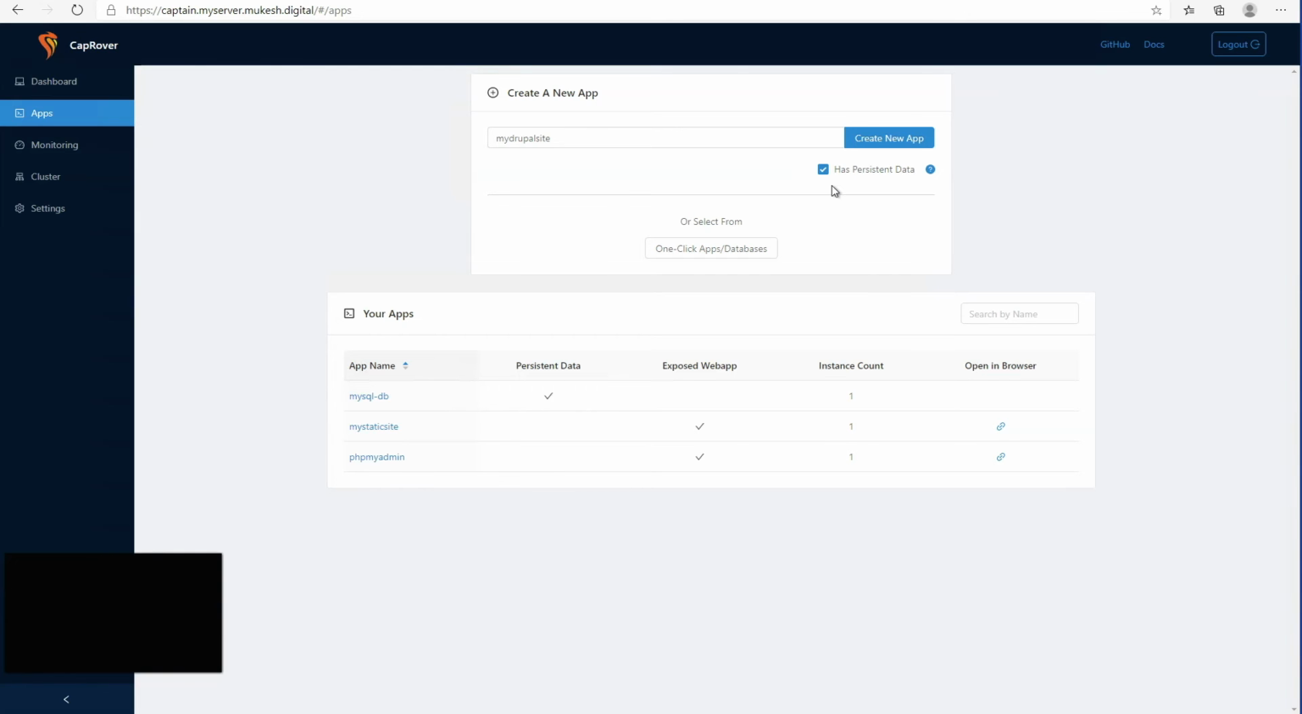If you don't click that, then any data that's stored on the disk, let's say you upload an item into the media folder of WordPress, then if your app restarts or if you shut it down and start it back up, all of that data will be lost because it's not persistent. So make sure when you're setting up apps that use files off of the disk, you select has persistent data. So create a new app,